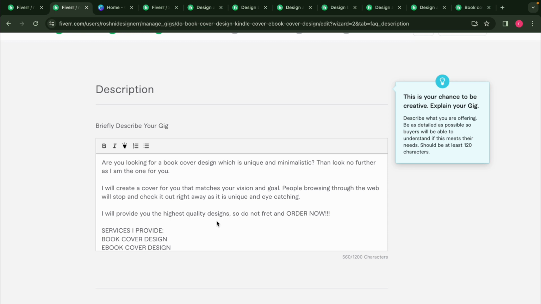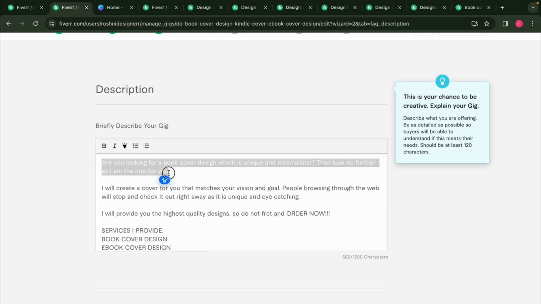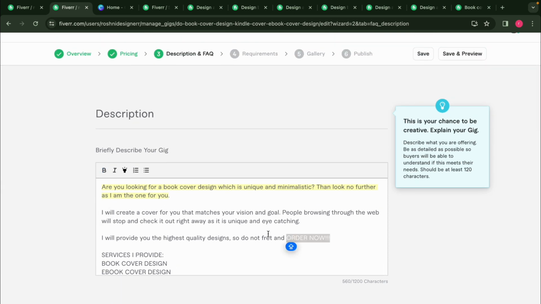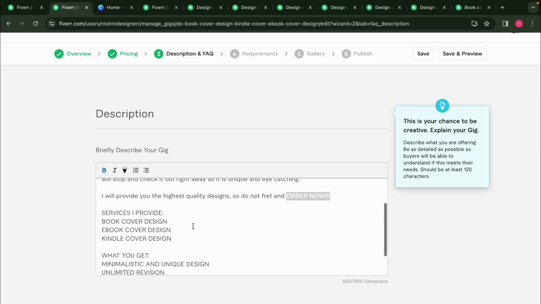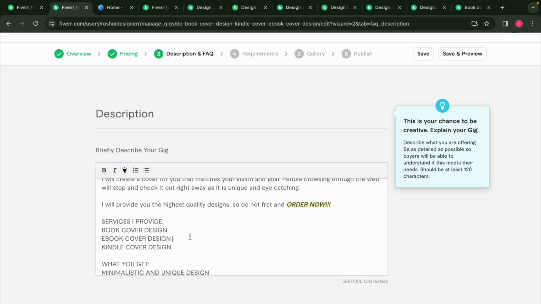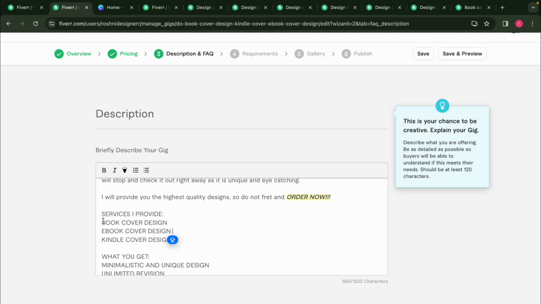And as you can see that now I have finished the description. Now you can highlight what you want. Like in here I want to highlight this part, and you can also do bold letters and highlight. You can use italics if you want. And now you have